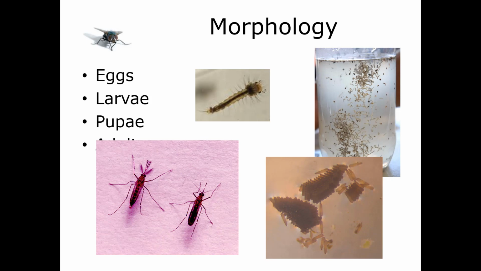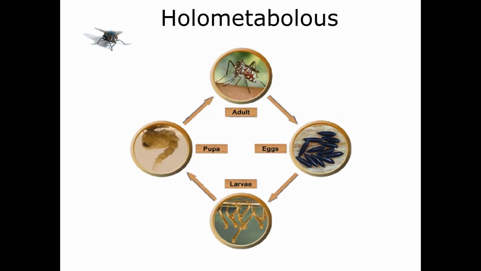Now, the abdomen is clearly segmented on both the males and the females, and it's capable of extensive expansion along the pleuron, along the sides. So there's a membranous area in between each set of tergites and sternites. Again, remember what those are. The tergites are those plates on the dorsal surface, and the sternites are the plates on the ventral surface. So it allows for expansion of the abdominal wall to accommodate large blood meals, large sugar meals, and allow the females to develop large clutches of eggs. So their abdomens can expand exponentially.